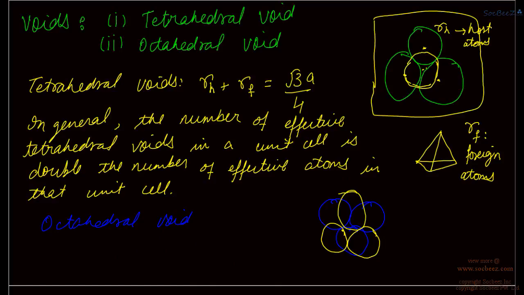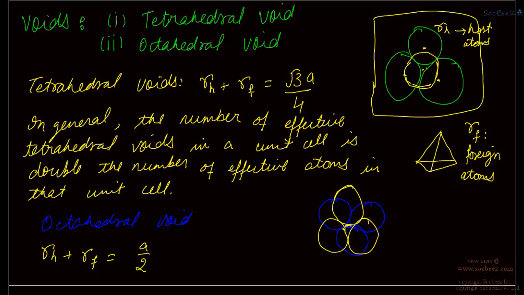Now, if we arrange 3 other atoms here like this, now there is a void formed in between with the intersection of the void of the upper layer and the lower layer. Now if you join the centers of these six atoms, you will see an octahedral shaped void, and hence this is known as octahedral void. Now in this case, RH plus RF equals A upon 2, where A is the edge length, and in general the number of octahedral